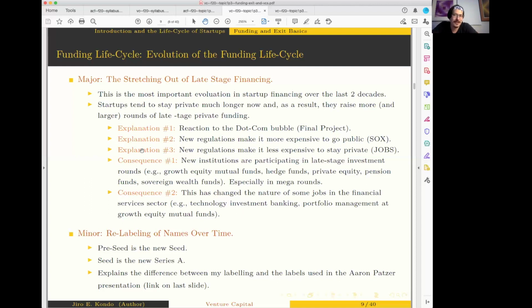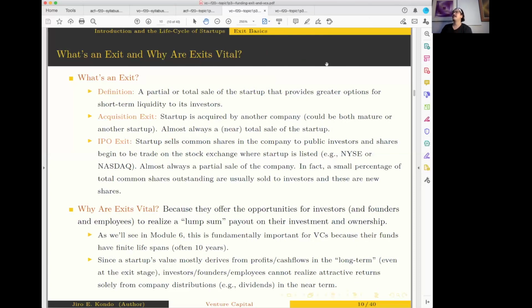And one of the things I would pay attention to, if I was in this market, so that I had more current information on a regular basis, would be to formulate a view on whether that's going to happen or not, and act accordingly, right? Folks okay with this? All right, so that's what I wanted to say about funding life cycle.